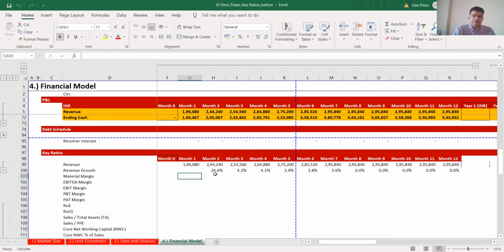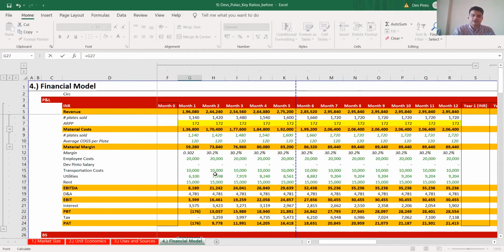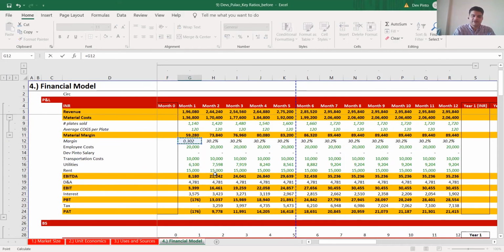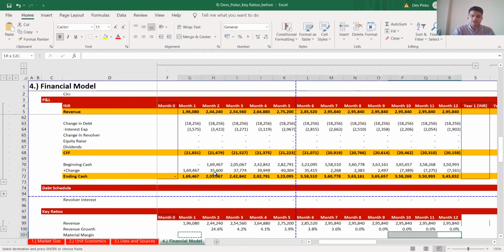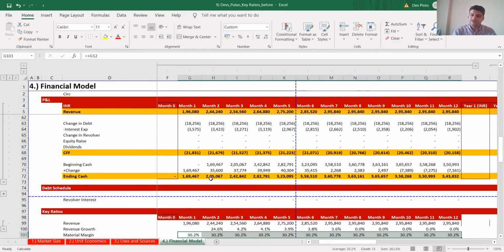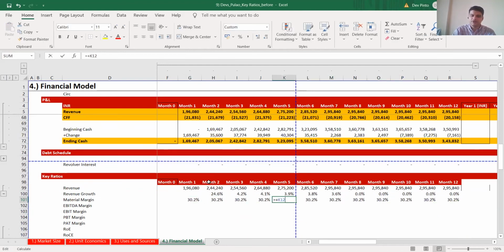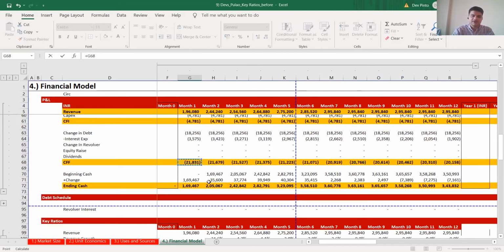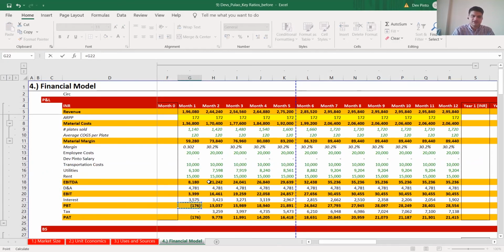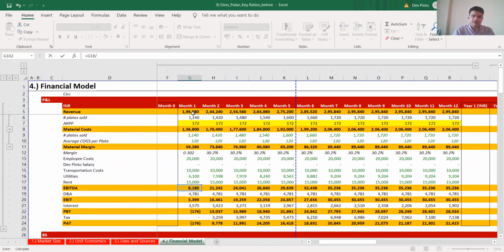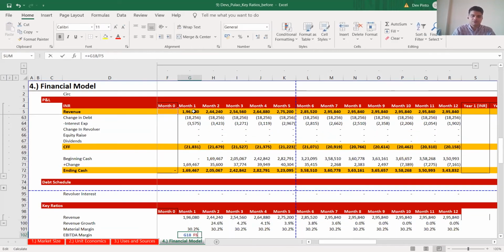Next, let's go to material margin. What is material margin? Nothing but what's been computed here, right? We have it. Drag and drop, nothing but your material profits divided by your revenue, which is roughly 30.2%. Why is that? Because we've assumed that again the cost of 1 unit of Pulao is going to stay the same at 120 rupees. Next, let's go to EBITDA margin. What is EBITDA margin? EBITDA divided by